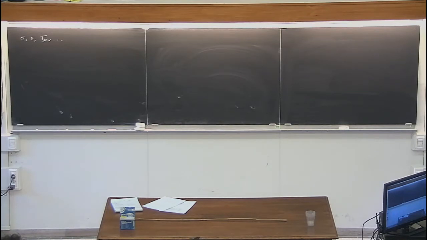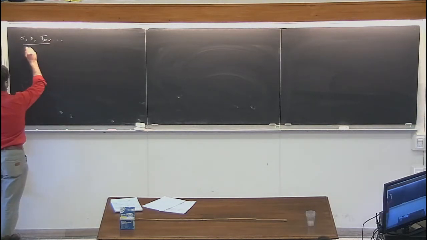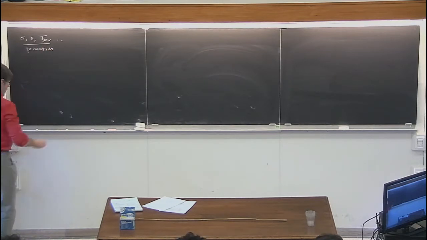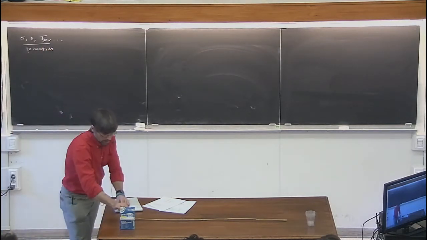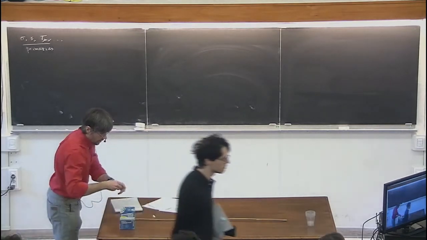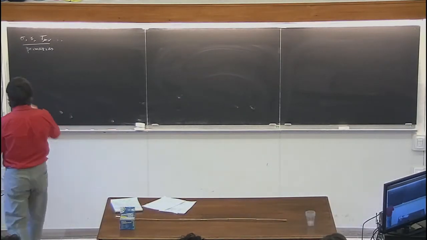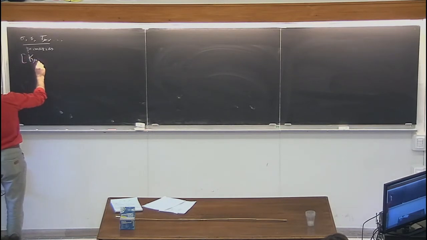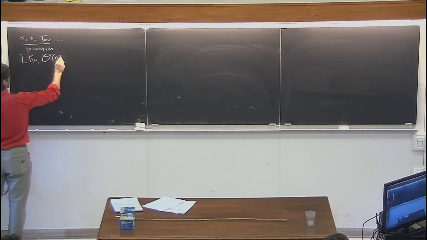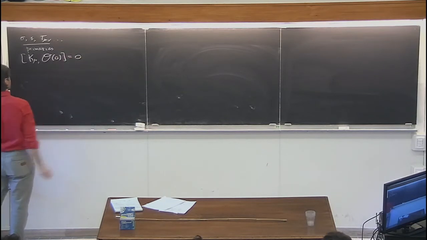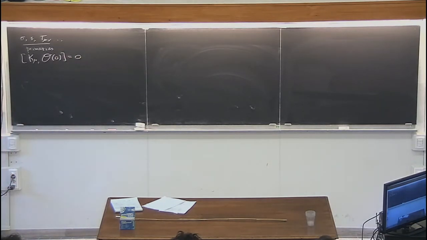These operators are primary operators, so they satisfy the condition that K mu acting on the operator at 0 is equal to 0. And these primary operators, their correlation functions satisfy certain constraints following from conformal invariance. So these constraints can be